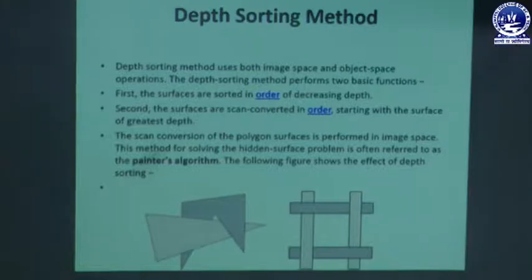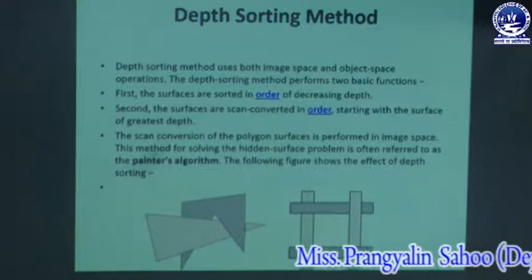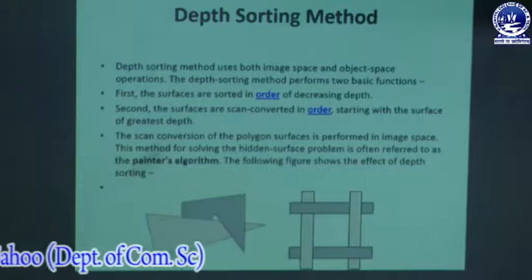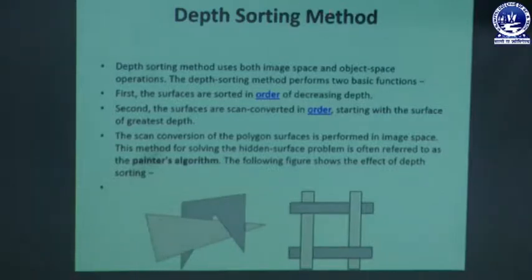The object space scans all over the viewing space object by using the scene definitions, and the image space scans all over the front space by using the number of pixel points present between the front space of the given object. But in the case of depth sorting methods, that is solved by using these two mechanisms. That means, by a combination of image space and object space, we have to access all over the front space of the object. So how is that possible?